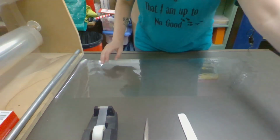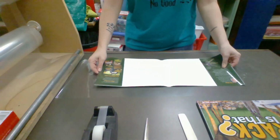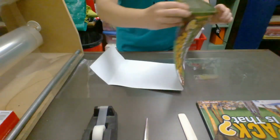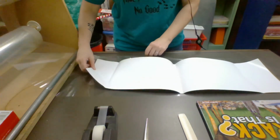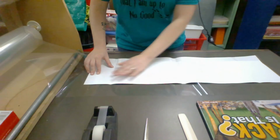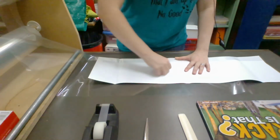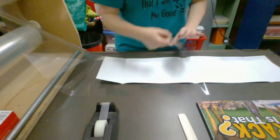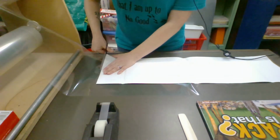First I smooth out the plastic, then I take the jacket off the book, and I open the book, and then I kind of bend the crease over just a little bit to flatten it out, and that helps me cover the book quicker and more efficiently. And then I tuck the book jacket right into that fold that already exists, and I tape the plastic to the book jacket. I usually use 3 pieces of tape. I smooth it out a little more, and I cut it,